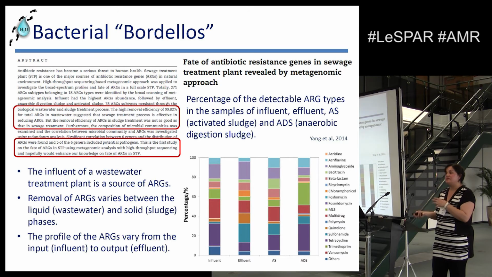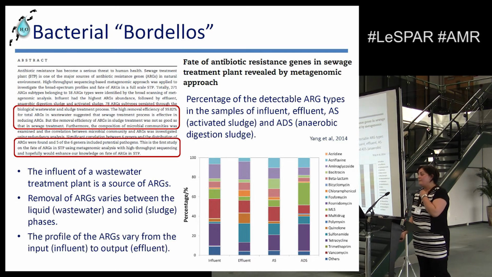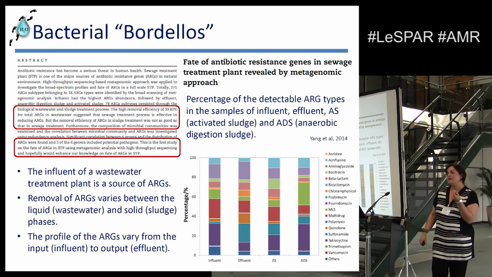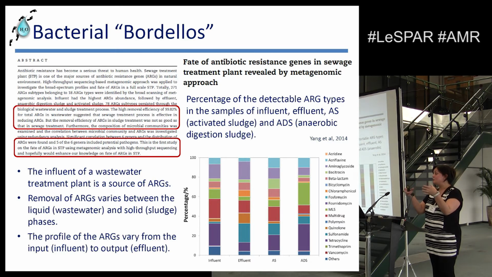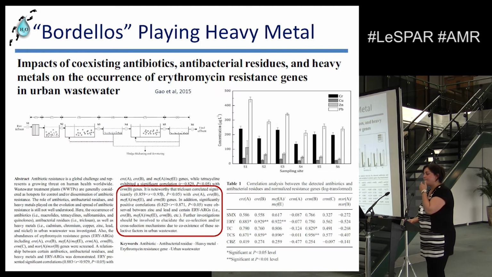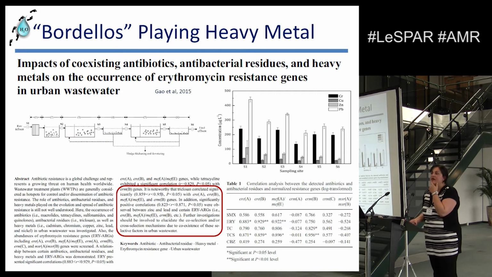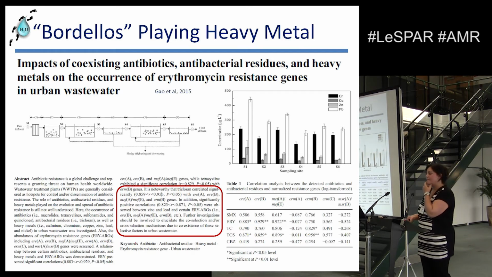Could this be related to antibiotics? What might be the other reasons? Metals like solids. So it shows here as well that a wastewater treatment plant might be releasing antimicrobial resistance into the receiving environment, but it also is receiving it. Do we know enough yet as to how much is going into that system and how much is that actually producing in itself? And why does the profile of ARGs vary? What's the reasons for that?